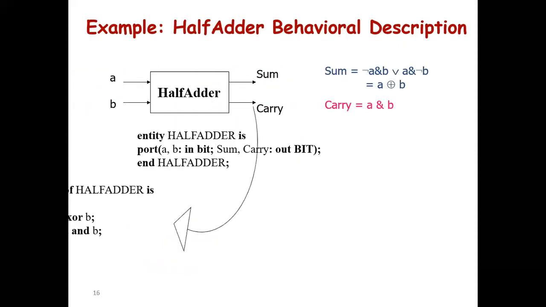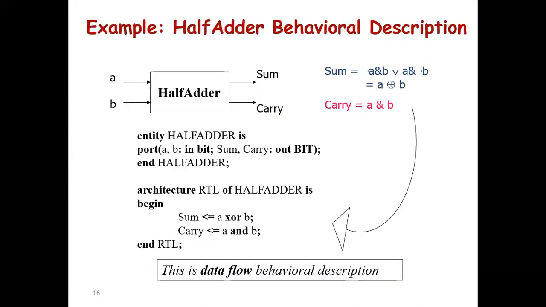Half adder behavioral simulation description. So the entity, that is which one we are going to define, that is the name, the title, like that we have. That is half adder is port. That is port is input or output, what we need to define. That is A, B is in bit, that is an input bit. So sum and carry will be output bit. So we need to define the out bit. So end half adder.